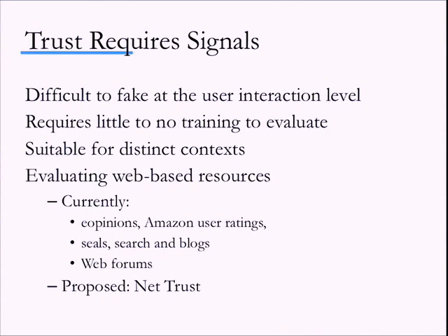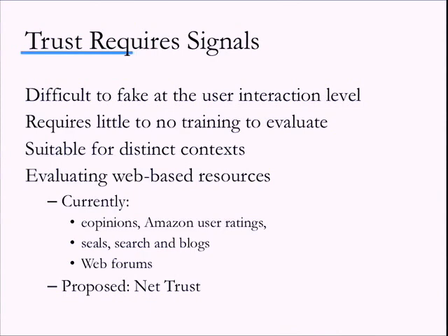And right now, we do have some web-based resources, right? We have eOpinions. We have Amazon user ratings. I'm sure you saw in the news that eBay is updating its reputation system, because a trust system that only rates people as good, 99% of the people on the planet probably aren't really good. And it's a beautiful day, so I'll go with 95, but I'm not going to go with 99.